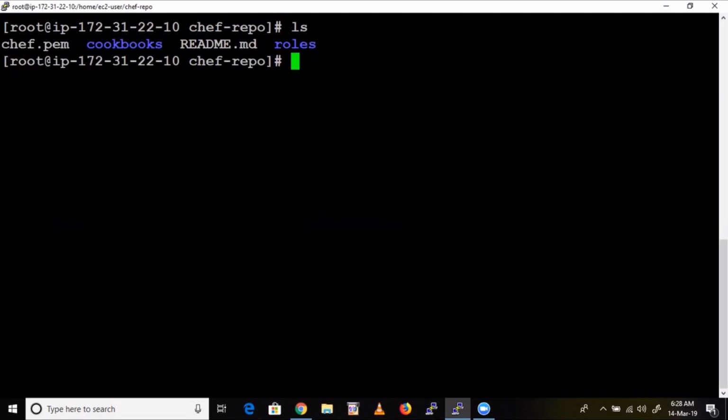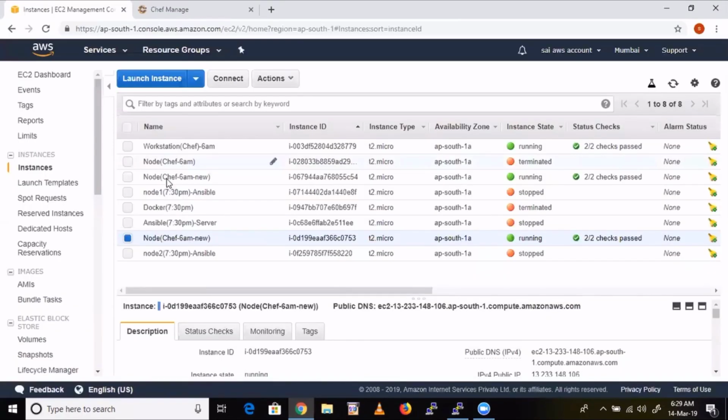So the command is simple. Knife bootstrap, then the node's private IP. Let's take node 1's private IP. Here let me change the number. Here node 1 I'll take. Here I'll change this one to node 2.